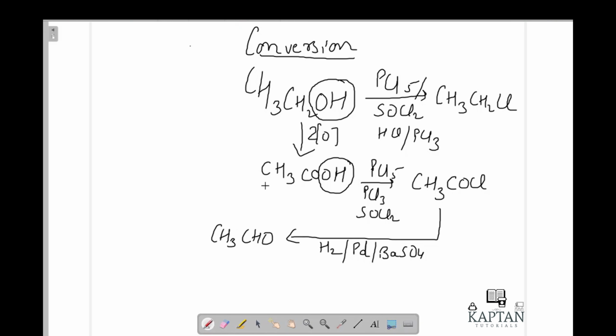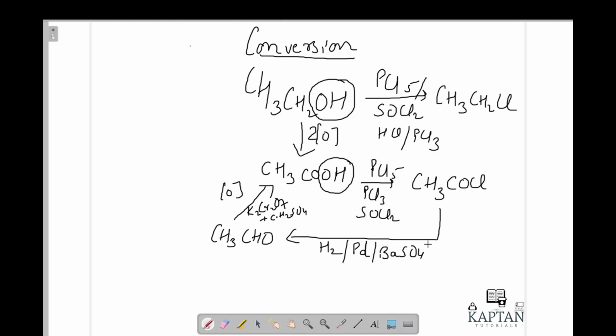And this ethanal can be further changed into the acidic group by again using a reagent, which is K2Cr2O7 plus concentrated H2SO4. So it has changed into acetic acid. So what we are observing is that we started with the alcohol, that is ethanol, and that ethanol is changing into ethyl chloride, and then in acetic acid, if we use the same reagent, it replaces the OH group and forms acetyl chloride.